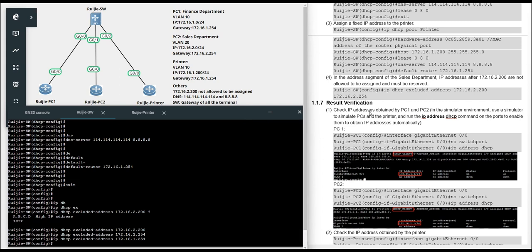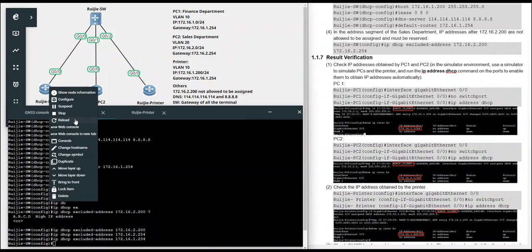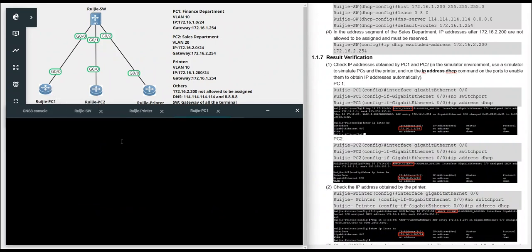And pay attention. Now we can test the result. We have to make the terminals ask the DHCP server, please assign an IP address for me, right? And how to test? About PC1, because this is a router, we have to make it get an IP address through DHCP.